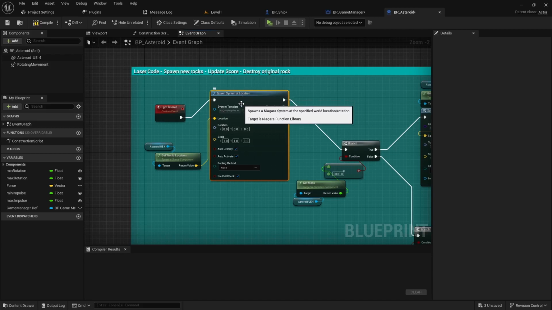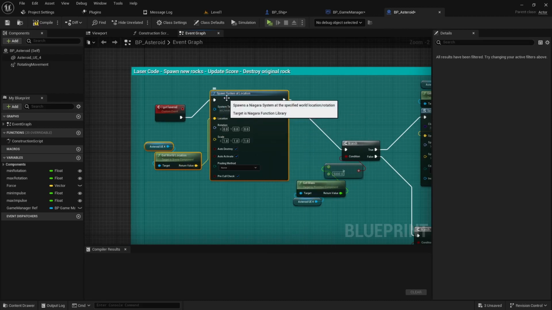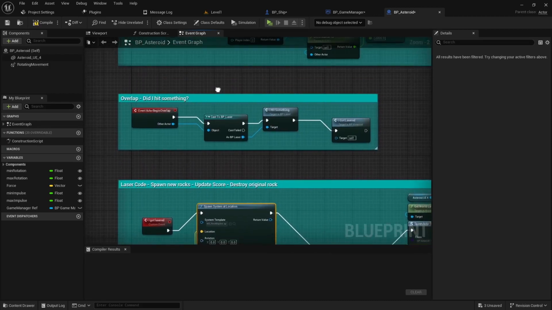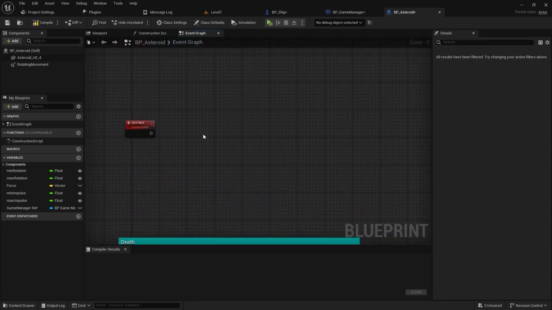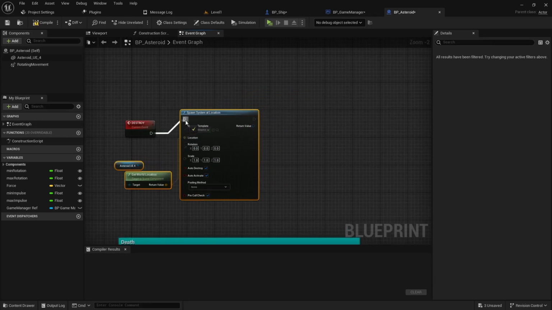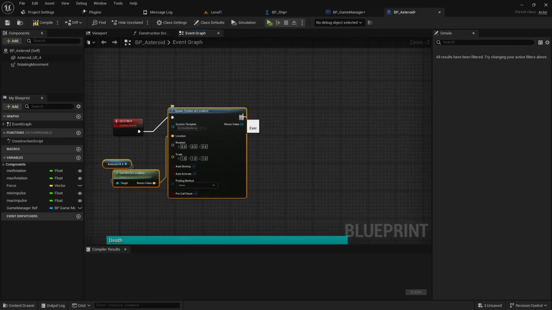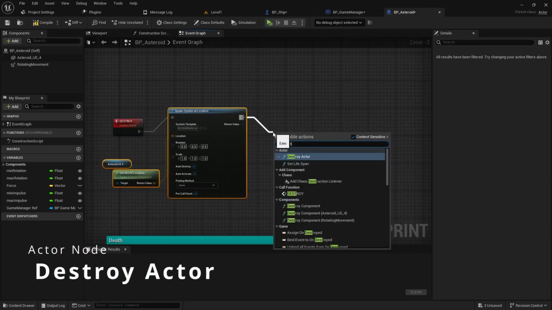I think it was this one here. So these 3 nodes. So we can right click, copy. This is just spawning that Niagara system we made in the earlier video. We might as well do that here too. So we'll play that Niagara system, and then we'll just come into destroy actor,